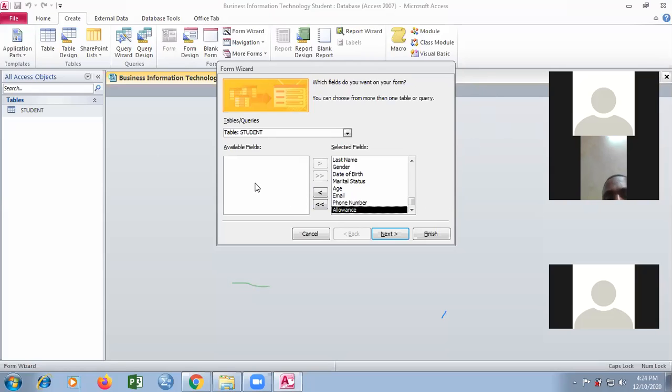So why do I need the fields of the table called student to go to the form? Because